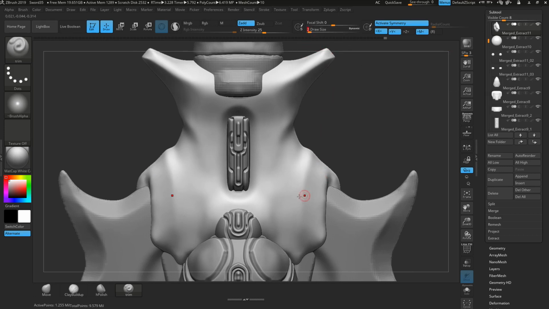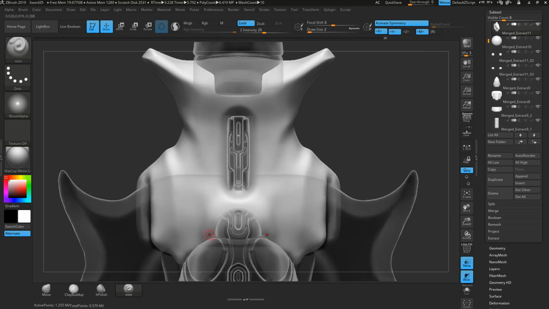So I'm just gonna have this set to a brush size of 2. And then I want to use our trim brush to follow along this sphere. Have a Z add coming out of this piece. Connect it with a Z sub around it. And then have another pair of Z subs coming around here to that point where I'm gonna have another Z add followed by Z sub. So now we kind of frame this element that we have in the center, make it look more connected,